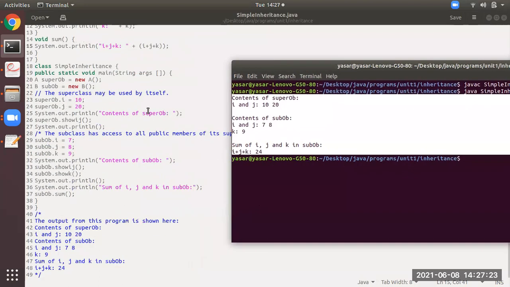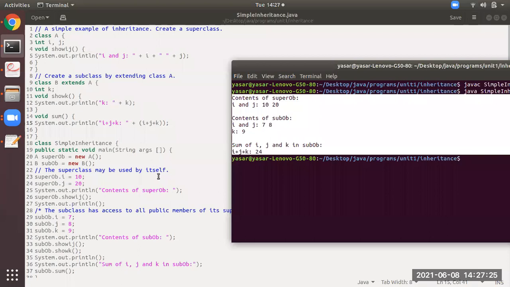Now students, please observe here. At line number 20, superOb is an object of which class? Class A. Similarly, at the 21st line, subOb is an object of class B. Now, what is happening at line number 23 is superOb.i, which means it will call class A's i variable and initialize it as 10.